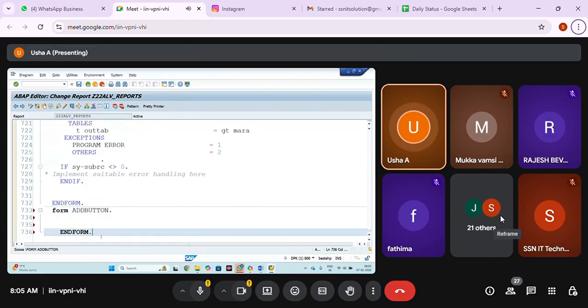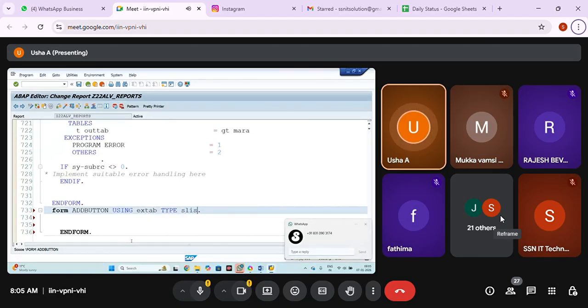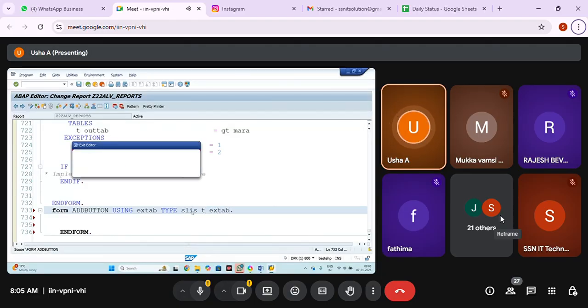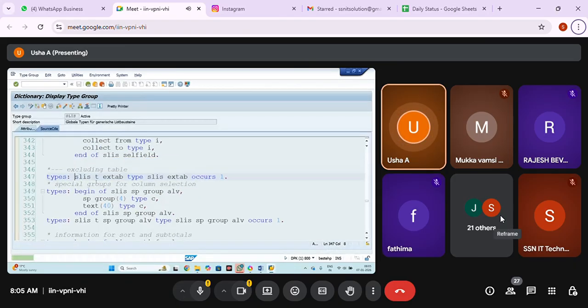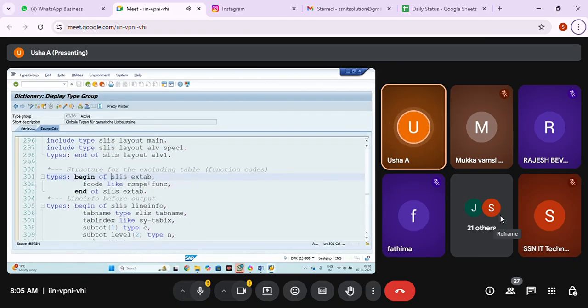Whenever I'm using user command, I need to use two parameters: one referring to UCOM, another referring to SLIS selfield. Here I need to use one parameter, which is xtab type SLIS_T_EXTAB. It is a table type which is going to store all the function codes.